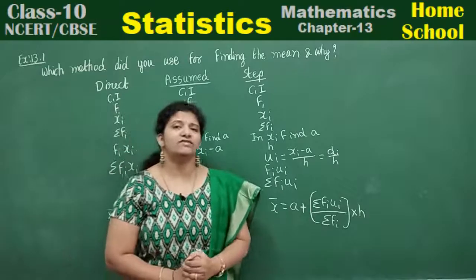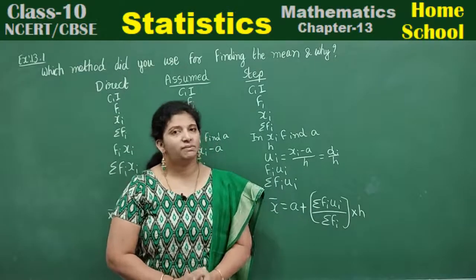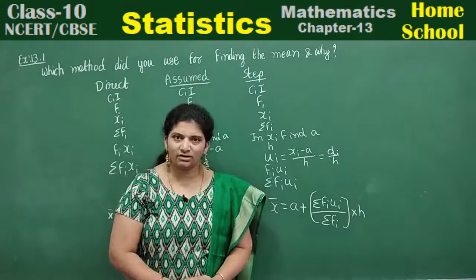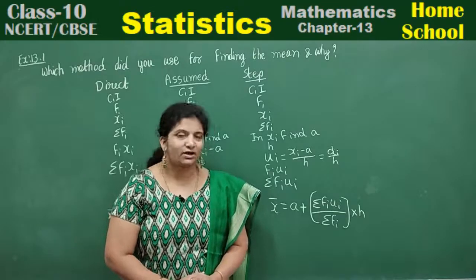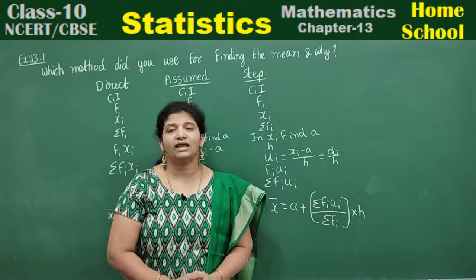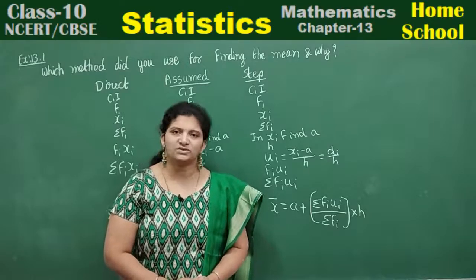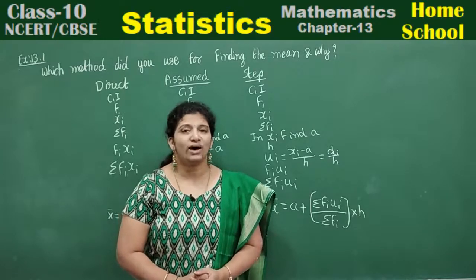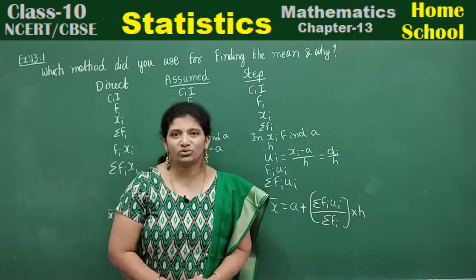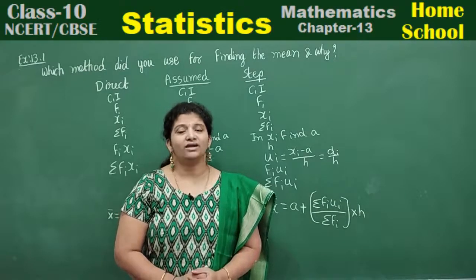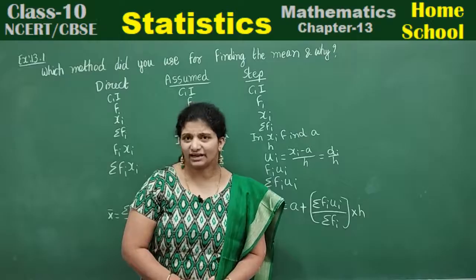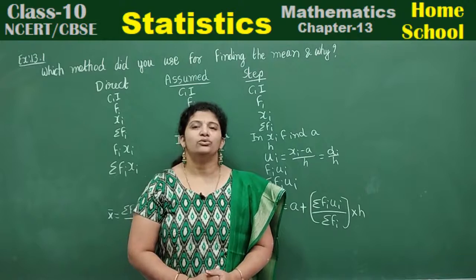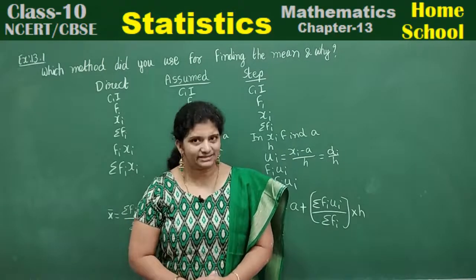Today in this session, we have solved only one problem, but children, please be perfect with all the steps. We have done one problem in all three methods. Today you can understand all three methods, be perfect, and then if you are able, you can try the next problems. Keep on practicing these statistics problems, and one request from my side: please don't use a calculator. Your hand and mind is a faster calculator than your calculator. Please do all the calculations by hand itself.